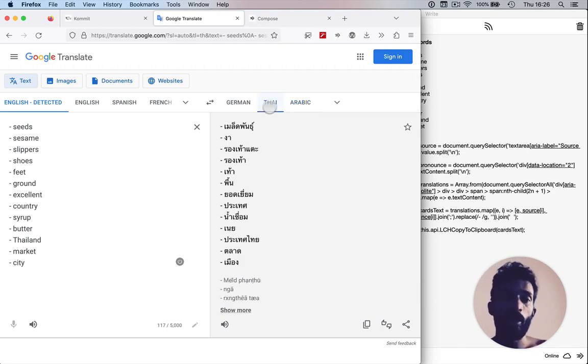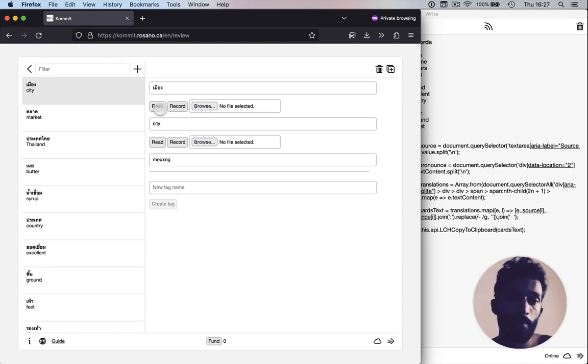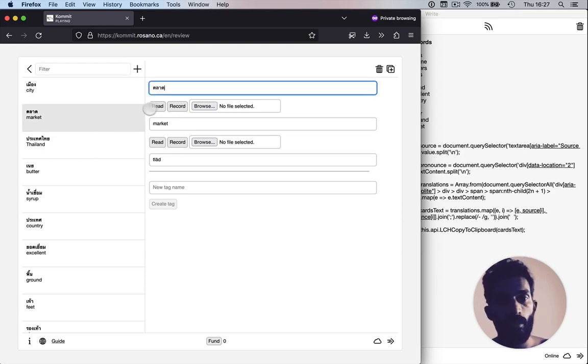And so what I do is I copy the English words, the translated words, and also the pronunciation text in one command, put all of it together in a format that is used by Commit to import flashcards into the app so that I can read and practice them later, such as like this word here. เมืองตลาด